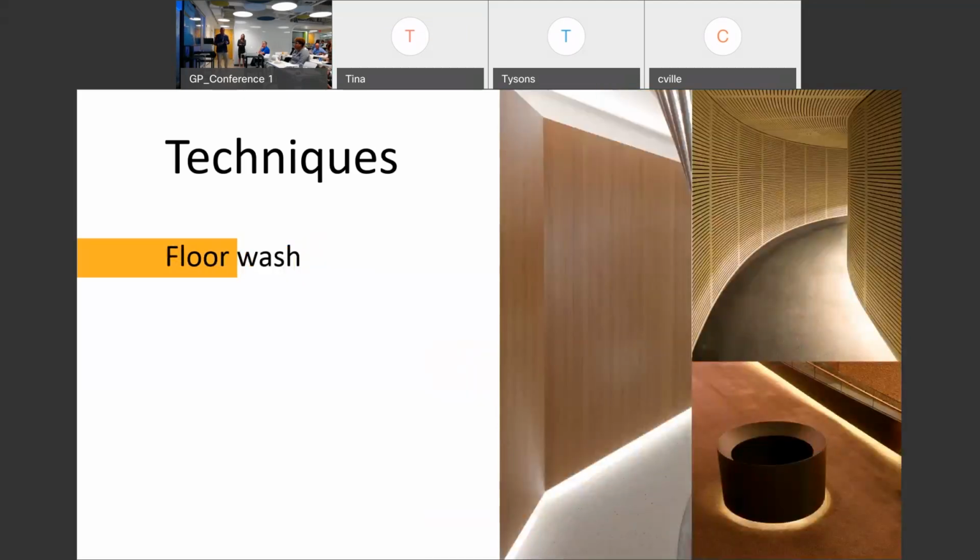Floor washing, very nice, elegant, cool, still gives you that volumizing glow. That's great. But what I like showing here is you have a light colored floor. Let's light it with a light color temperature. Whereas here, if we use the light color temperature on this warmer colored rug, it's going to wash out and tarnish that emphasis of that dark color that you're trying to do. So you've got to really match up the color rendering and the color temperatures of the